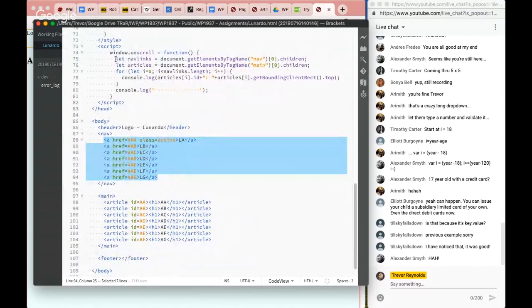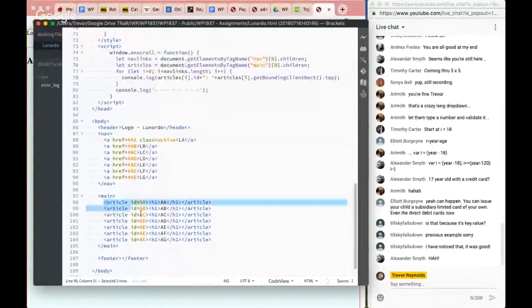In one line, what I've done is I've got all the navigation hyperlinks, not all the hyperlinks on the page, just all the navigation links in the navigation. Sorry, all the links in the navigation element. And I do the same thing for the main. And again, if you've structured your main slightly more complicated than I have, you'll need to do a little bit of work. So you'll have to set up your own array